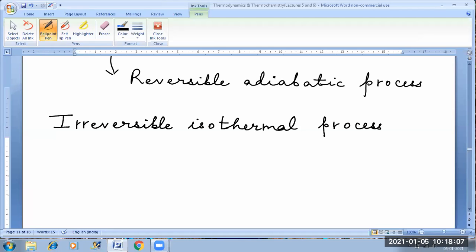Now the process is irreversible, but I have told you that the mathematical definition of dq system is always that dq which will occur when the system is undergoing a reversible process. So even if the actual process is irreversible, the dq system will be taken only and only for a reversible process. So if I want to find out the value of delta S system in this case,